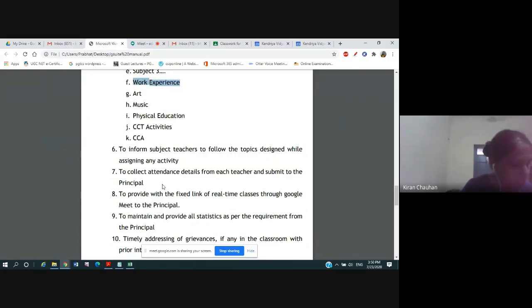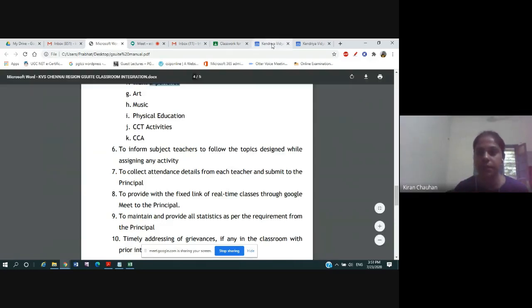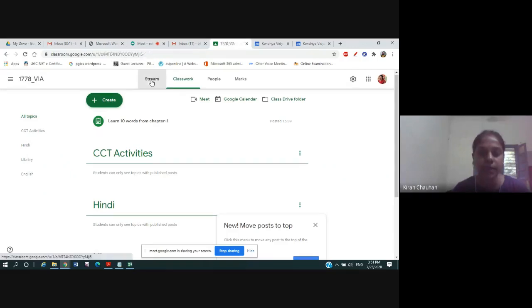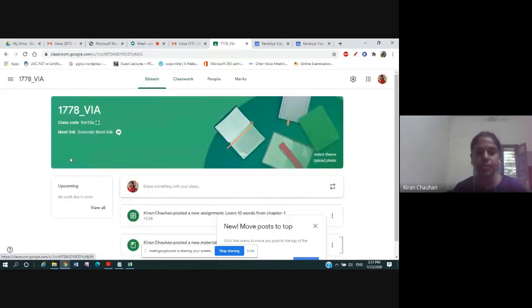Separate links for optional subjects, a fixed link for NEET classes. So for example, if a physics class is there, or on the 6th day they have an English class, the English teacher will come and click on this link. Now, how to generate this link? The class teacher will go to settings.